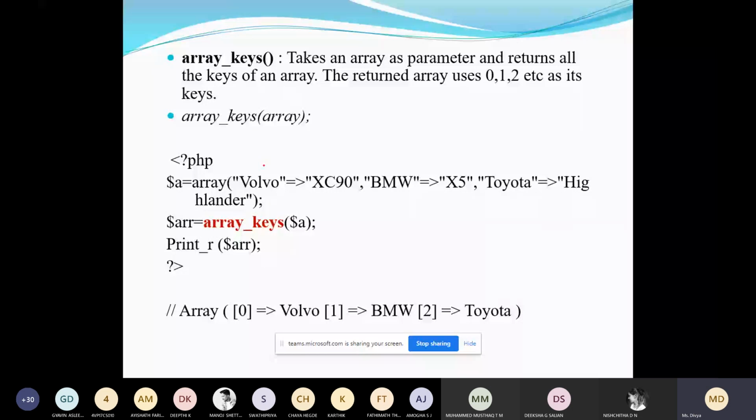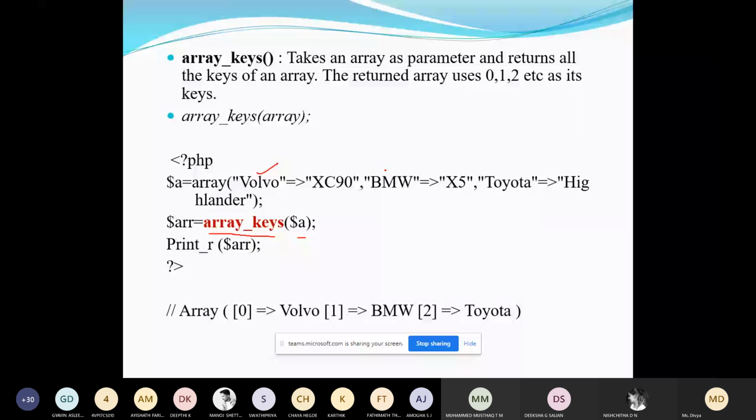As you can see here, the array $a is given as a parameter for this built-in function array_keys. It returns all the keys of the array. So what are the keys that are there? First key is this one, second is this, and third is this one. So there are three keys.